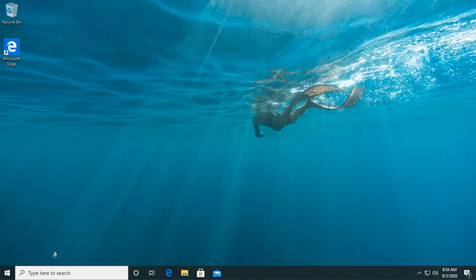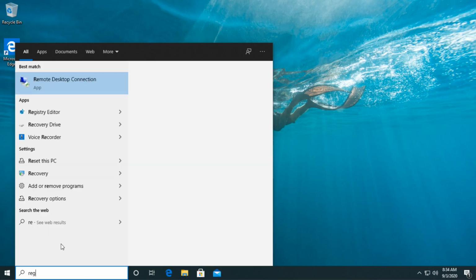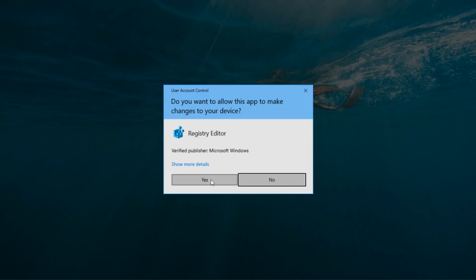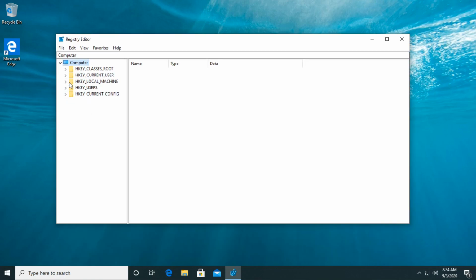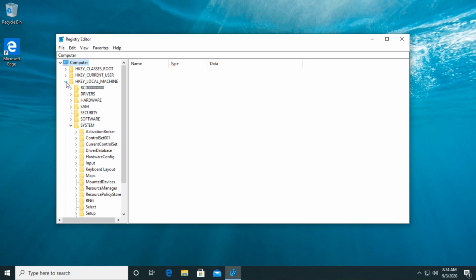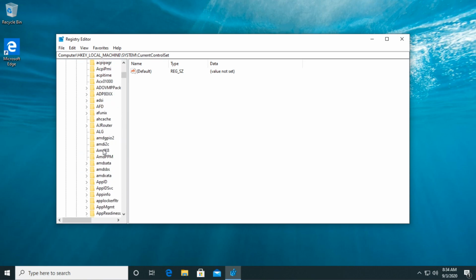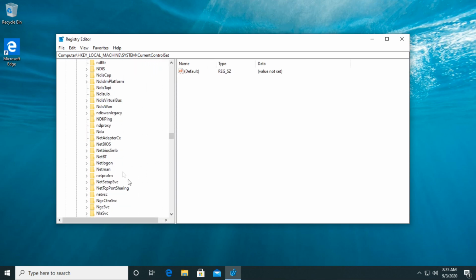What you have to do is go into the search box and type in here regedit and click on Registry Editor. On User Account Control, of course, you click on yes. Now you have to go to HKEY_LOCAL_MACHINE, System, expand everything by clicking on this arrow, then go down a bit where it says CurrentControlSet, expand that, and then expand Services, go down a bit to the N letter, and like that you will find, you can also expand this a bit to see better, and the